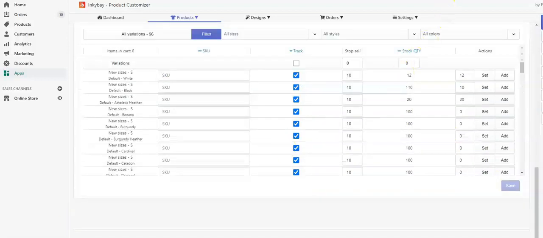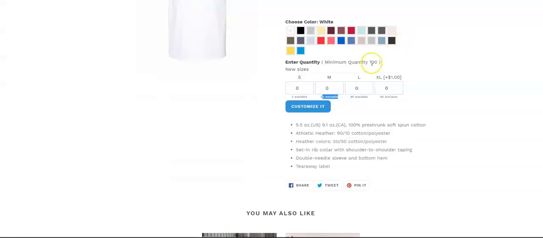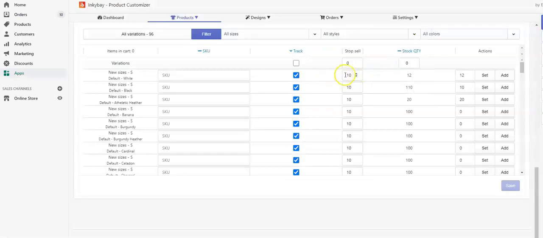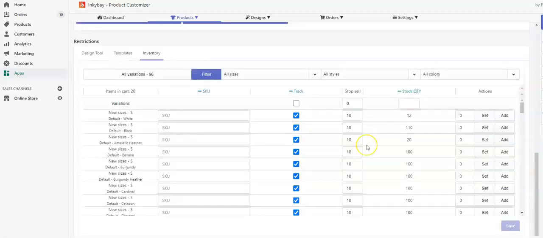Now let's see the change on the product page. Here you can see 90 available because I have chosen to stop my sale when there are 10 products left. And the most amazing part of the feature is it also displays the quantity of the variant added to the cart.